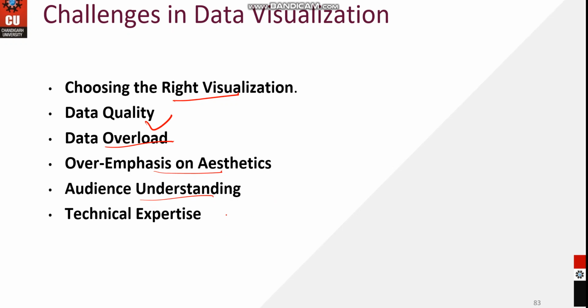Then last but not least, technical expertise is required. Creating effective visualization often requires technical expertise in programming and statistical analysis. Data analysts and data scientists need to be familiar with the programming language, various visualization tools, and statistical concepts to create effective visualization. So that's all about data visualization. So if you have